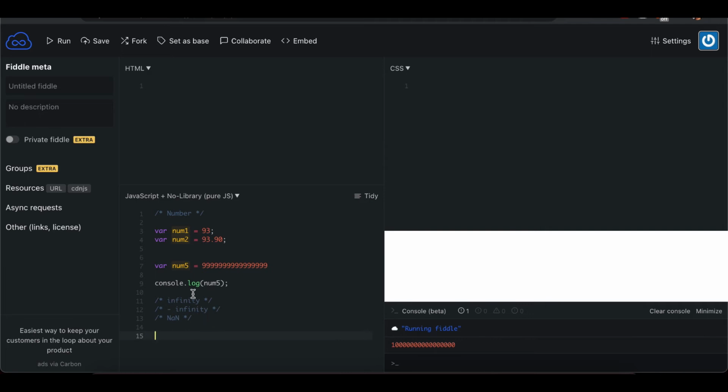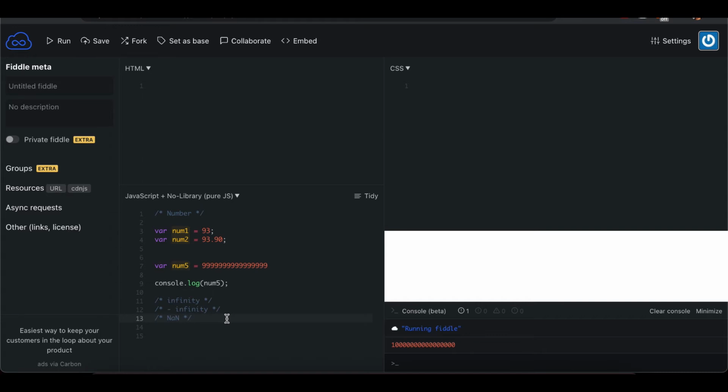What does it mean by infinity? Infinity or negative infinity will be returned if you calculate a number outside of the largest possible number available in JavaScript. This will also occur for values that are undefined, such as when divided by 0.